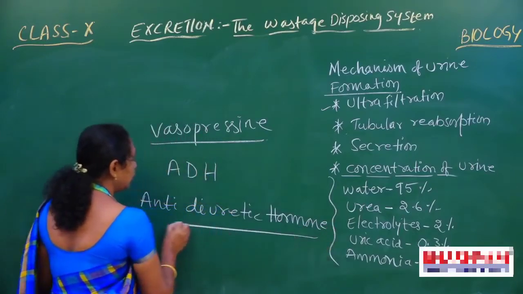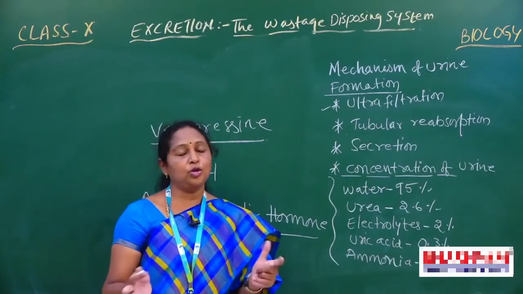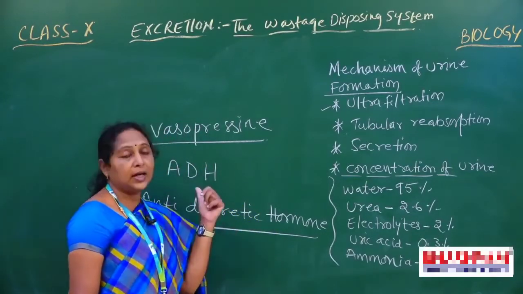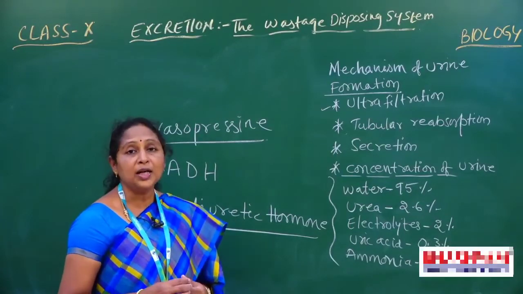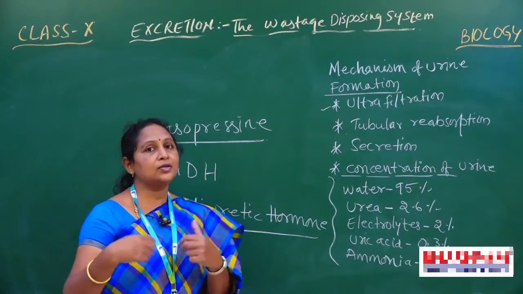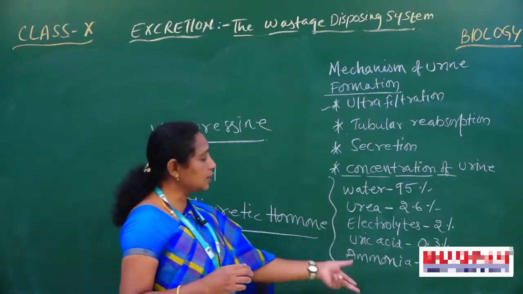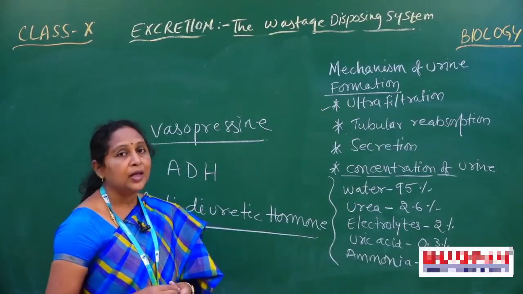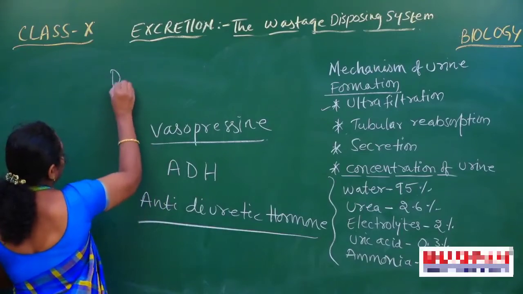When it is maintained properly, the person's urination is going to be average only. But if this vasopressin, this anti-diuretic hormone, gets disturbed, then what happens? The sugar levels in the urine are either going to increase or decrease. So when the sugar levels or the amount of other salts get disturbed, mostly the sugar levels, such a condition we call diabetic.